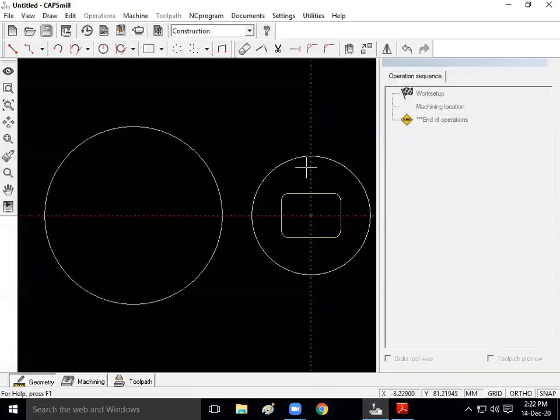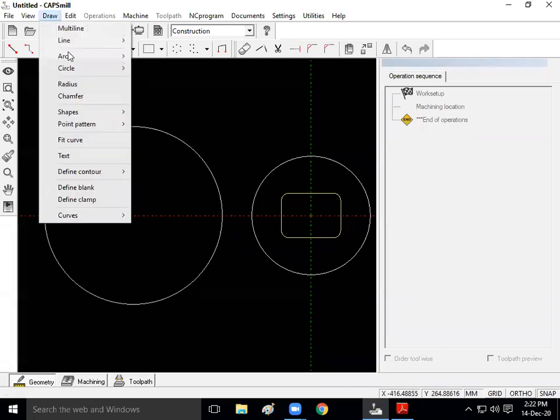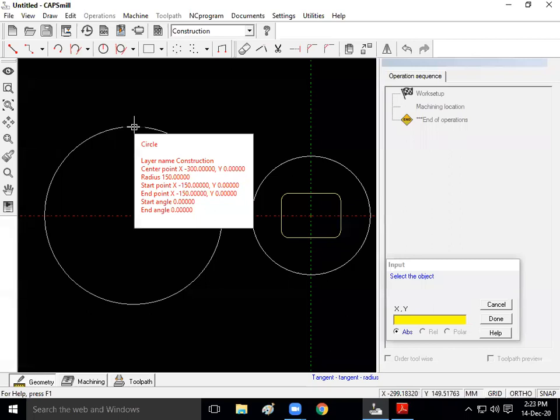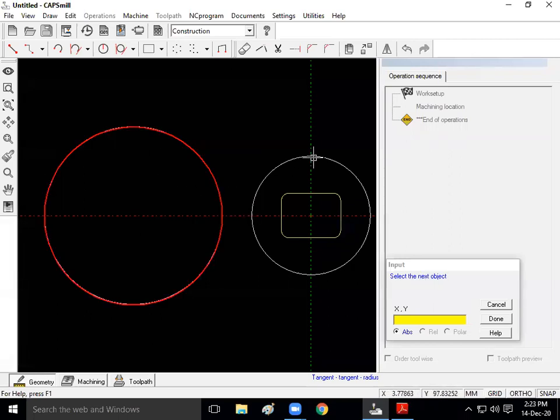To join these two circles, I am going to click on draw, circle, tangent, tangent radius. It is asking to select the object. So select the top line of this larger circle and the top line of this smaller circle.